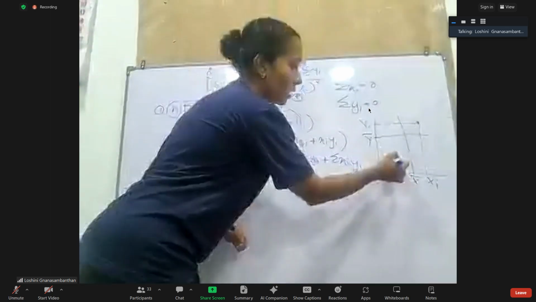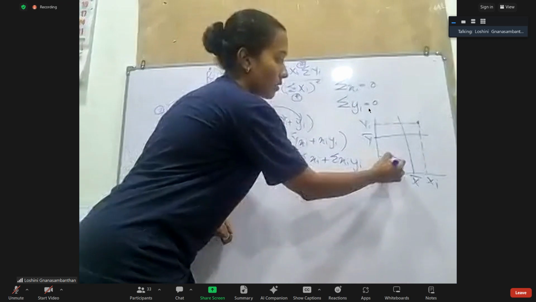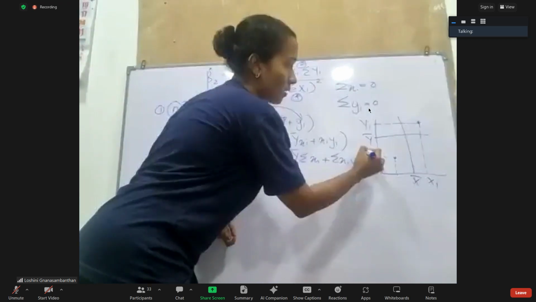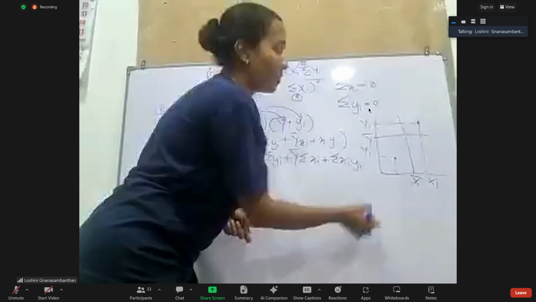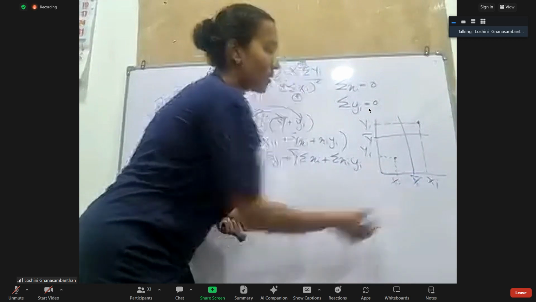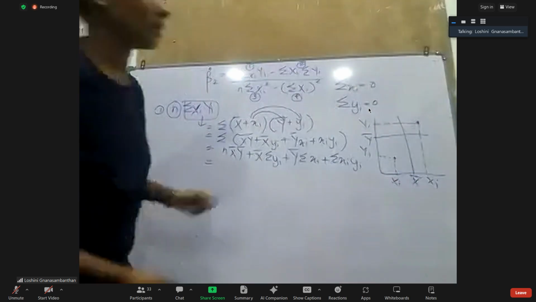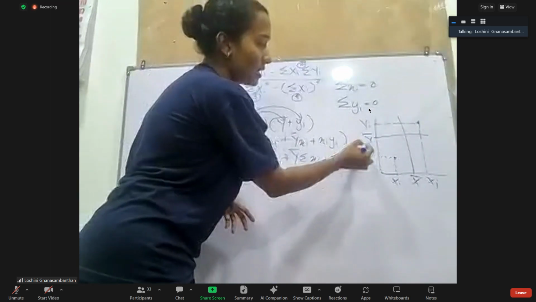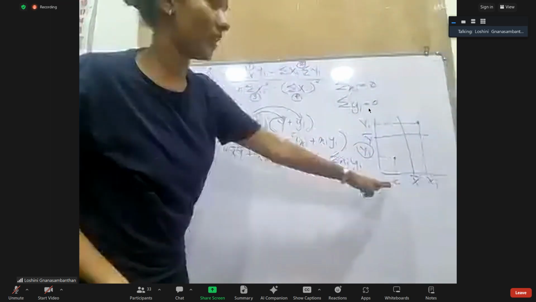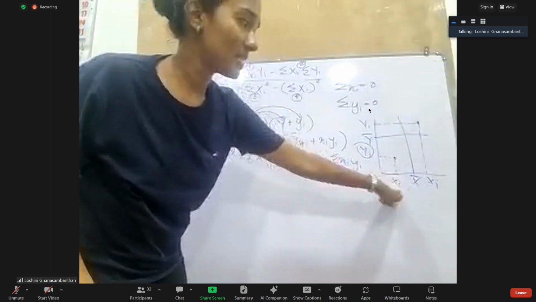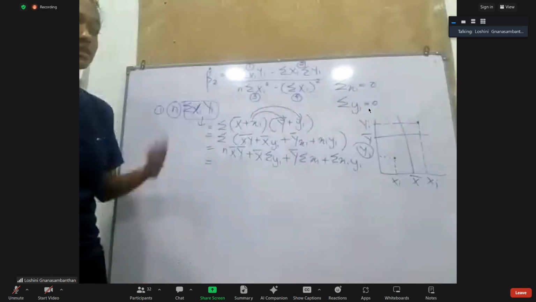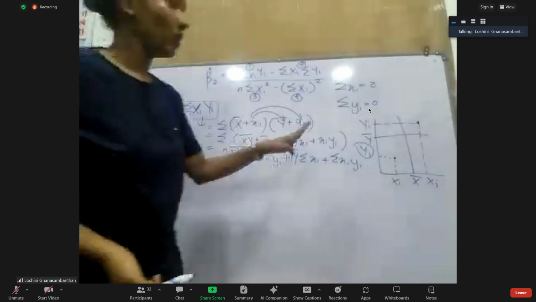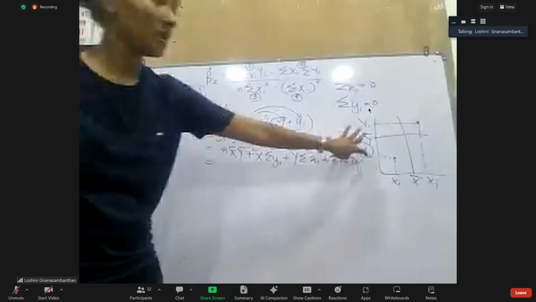But what about a point here? It also can be yi. Subsequently, here this yi is less than y bar, then this xi is less than x bar. Okay. So what happens is this